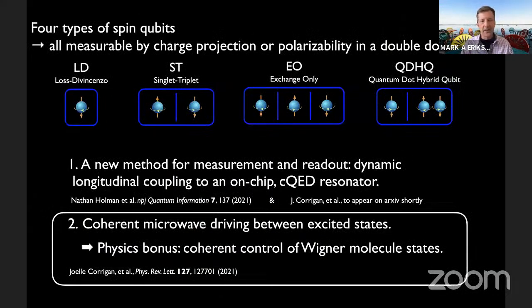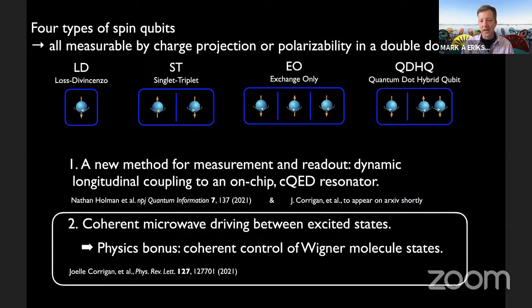So I'd like to shift gears now, and for the remaining part of the talk today, I want to talk a little bit about coherent microwave driving between excited states. The first part of my talk was really focused on a technology that will enable readout faster and with larger signal to noise. The second part is focused on a different, really important question for quantum computing, and that is, do we have the ability to drive between excited states within a semiconductor quantum dot, to drive those transitions with microwave pulses,